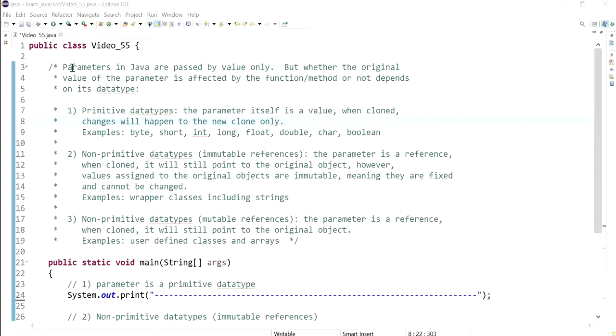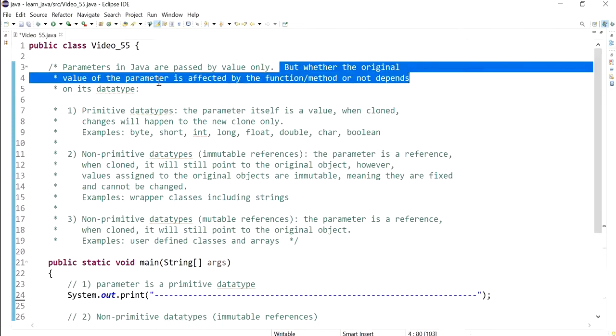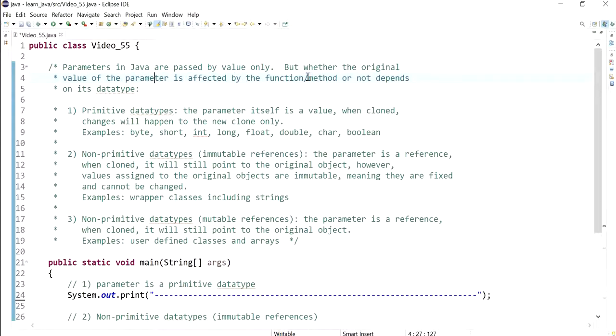Parameters in Java are passed by value only. This means a copy of the variable is created and whatever changes happen inside the function are done on that copy. But whether the original value of the parameter is affected by the function or not depends on its data type. So although a copy of the original variable is created, and this is what pass by value means,